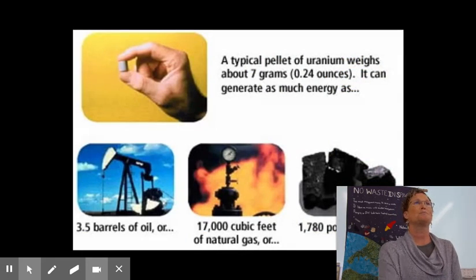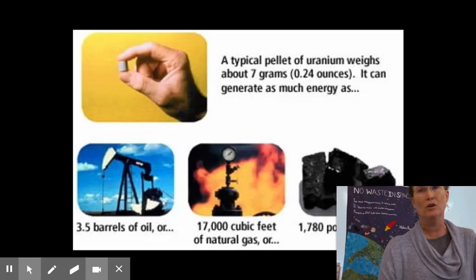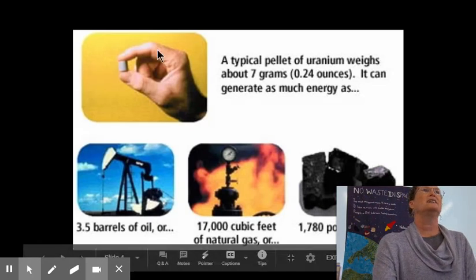You don't need as much. So a typical pellet of uranium weighs about 7 grams, and it can generate as much energy as 3.5 barrels of oil or 17,000 cubic feet of gas or almost 2,000 pounds of coal. So it is